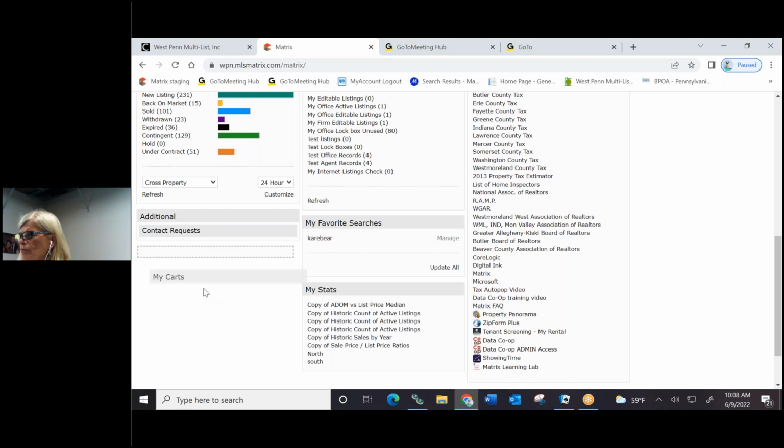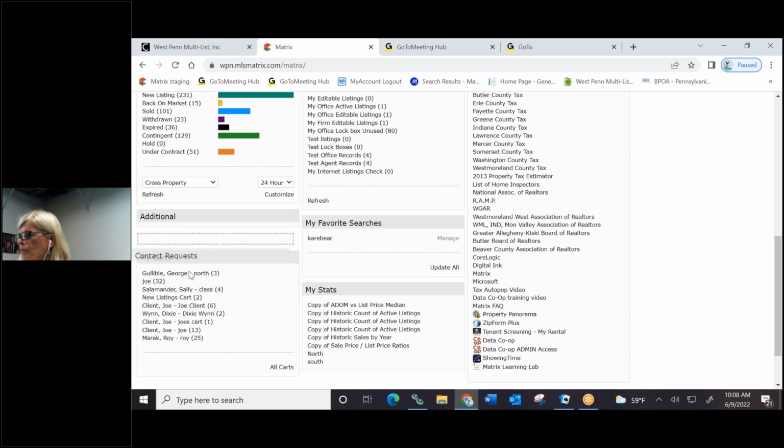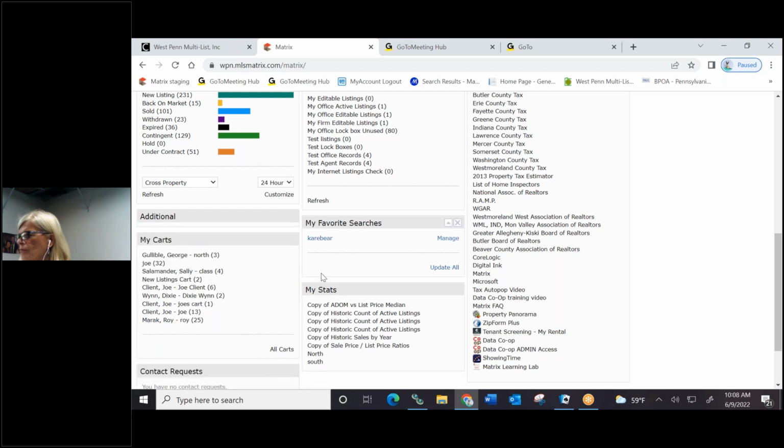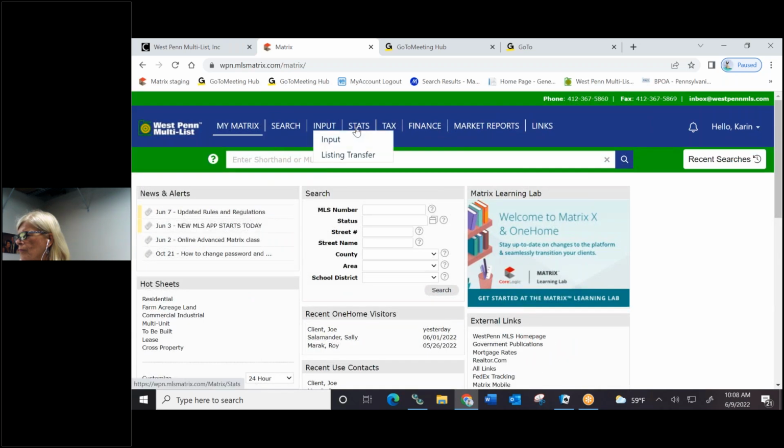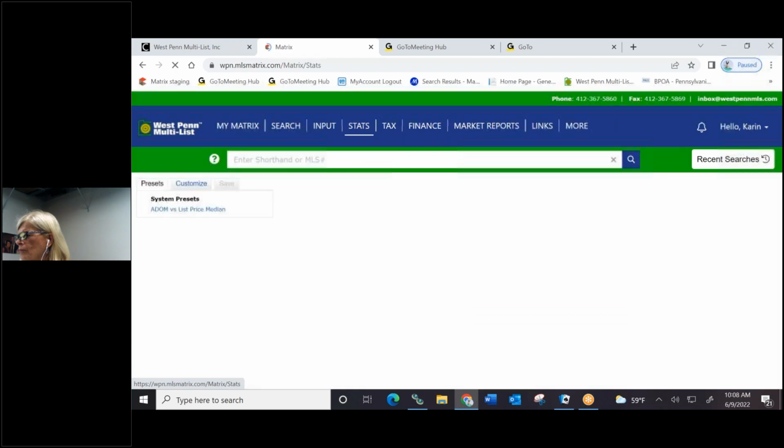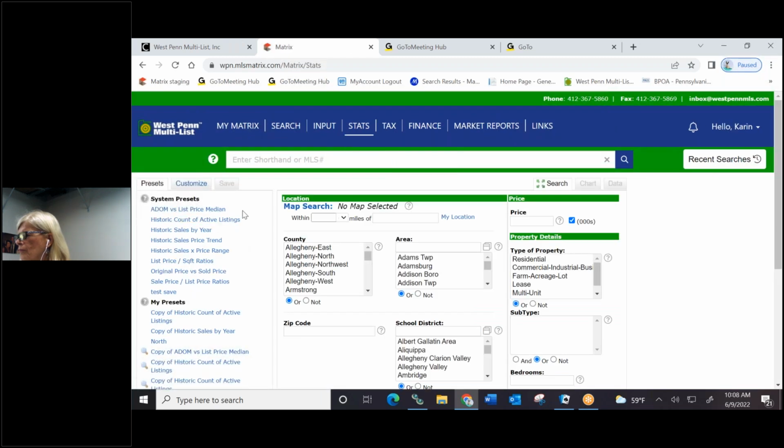So I'm going to bring these out really quick here. Okay. The first one here is the My Stats widget. If you go to the top of your screen and you go to your Stats tab, there are